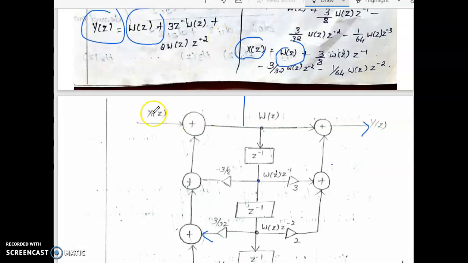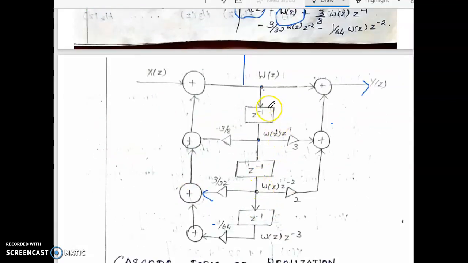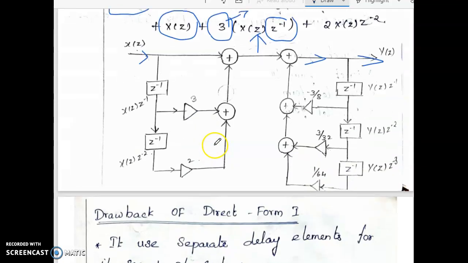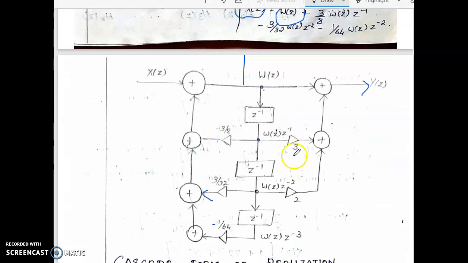So this is the pictorial representation of our function in direct form 2. Here direct form 2 has only 3 delay elements, but direct form 1 has 5 delay elements. The 2 delay elements are reduced in direct form 2. So it reduces the complexity of our structure and limits the memory of the structure, because the separate delay elements of the input sections and output sections are reduced and combined together. So the structure and memory requirement for that particular filter will be reduced. This is the realization form of direct form 2.